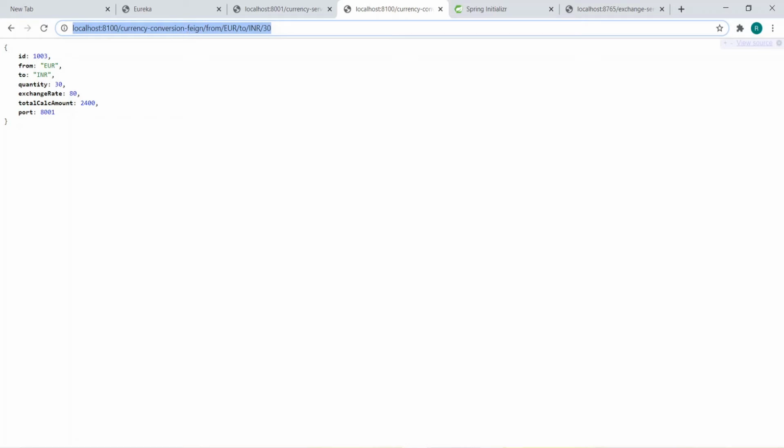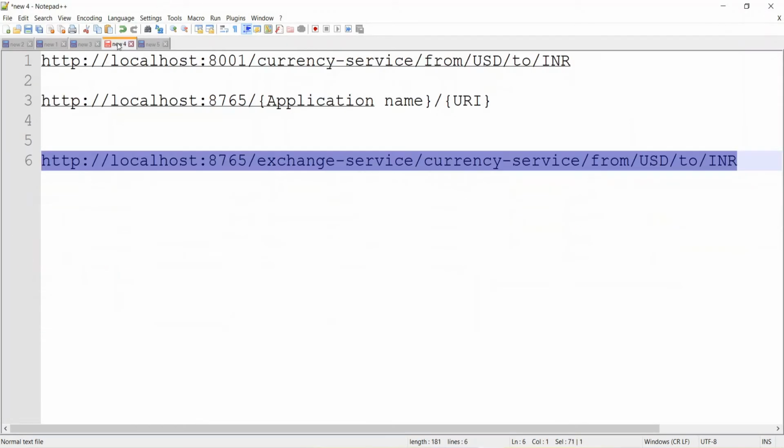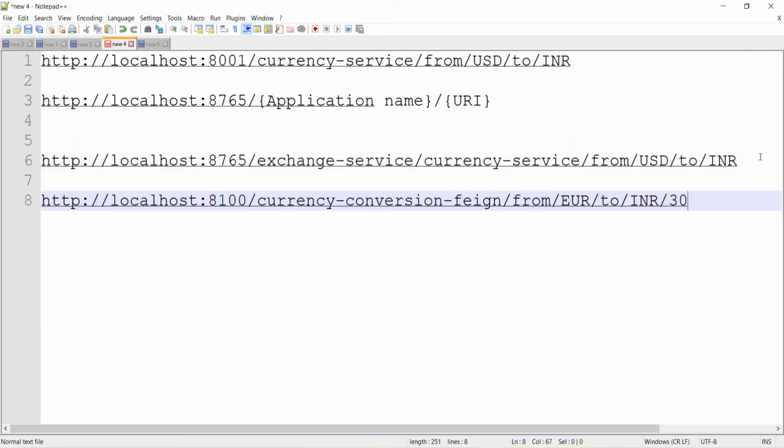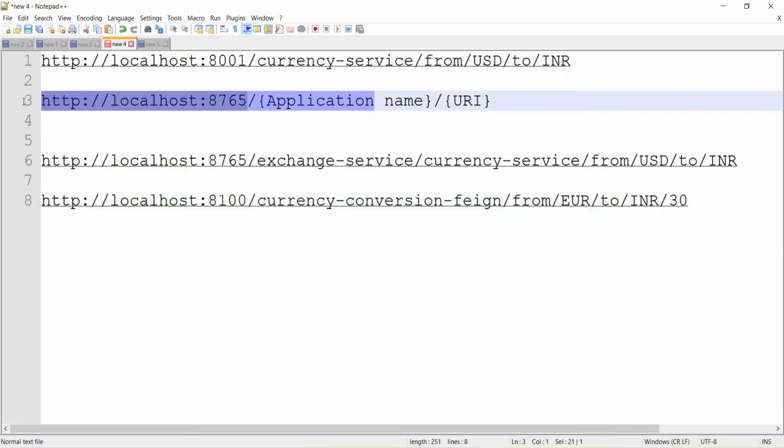So how will you make this? Let's come here, and see how you can make the URI. This is our actual URI, so let's convert this into the Zuul one. From here to here, these things will be the same.